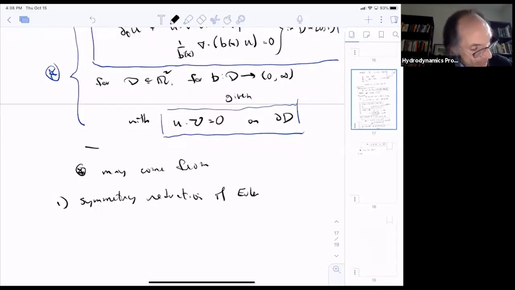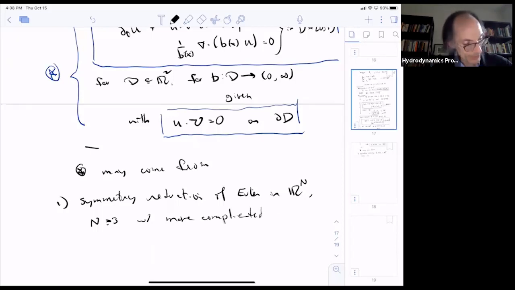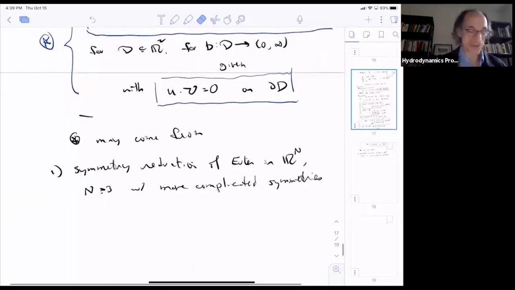Of Euler in Rn for, say, any n with more complicated symmetries. Okay, I don't know if we'll ever talk about this, but there's a kind of symmetry I like to call biaxial symmetry, and this would give rise to this equation star in a quadrant in the quarter plane with a weight which looks like, if I call these components x and y, x to a power p and y to a power q, where p and q are both integers, in fact. And so that would be one way of getting this equation star. And this is of interest, well, to me and a few other people at least, for reasons that we may or may not talk about. And the other is,